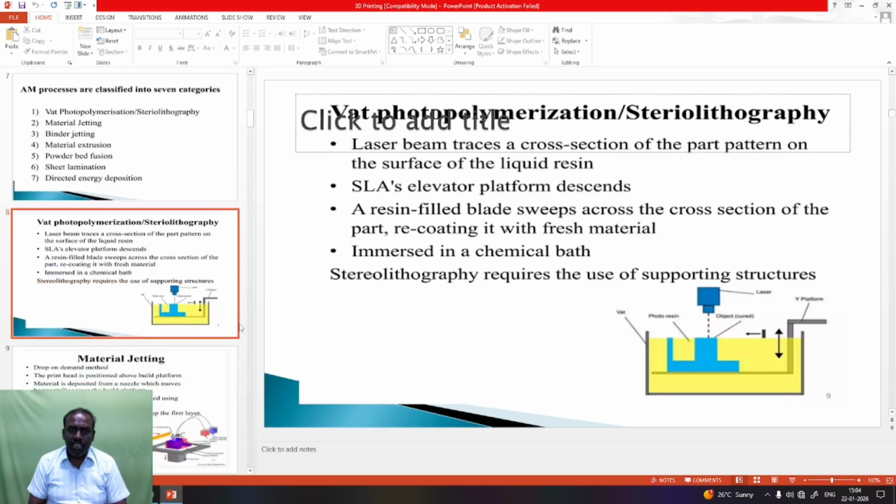The first one is VAT photopolymerization, or stereolithography. In this, they have included laser beams. It's a pot pattern. In this stereolithography, the elevator platform is also decreasing. Here, at the ground level, like a water column, we fill this